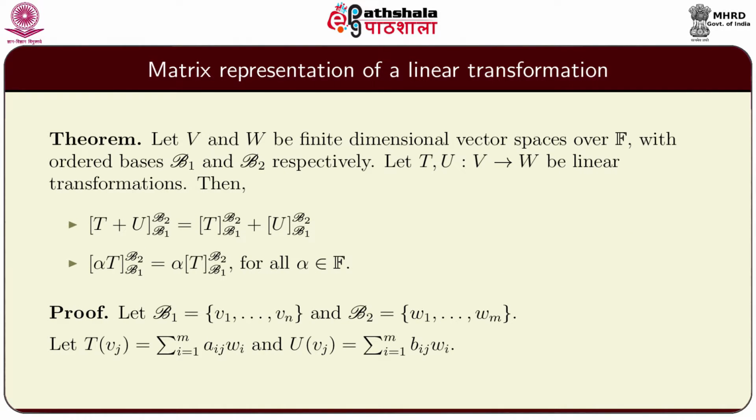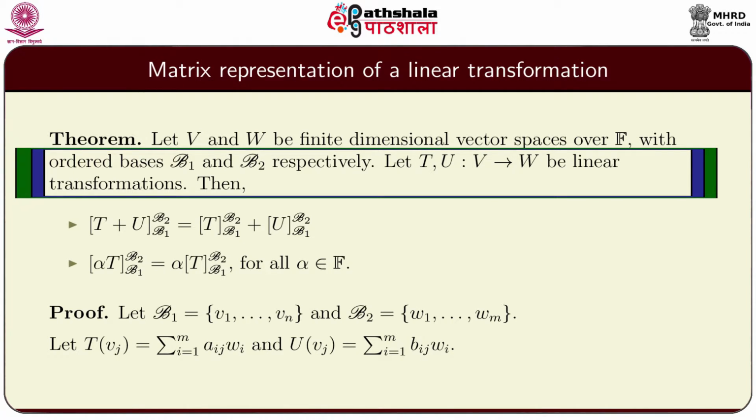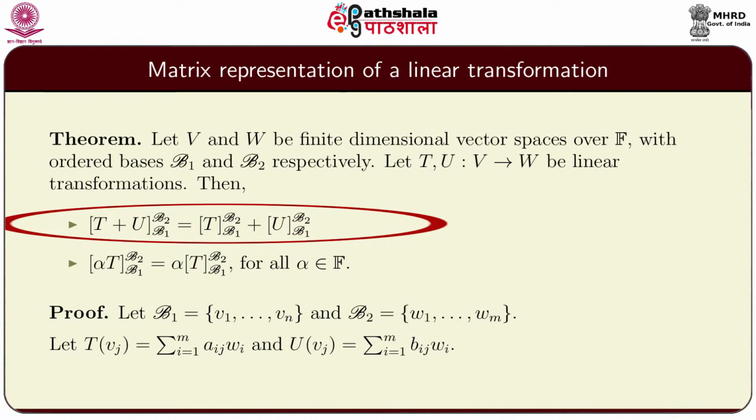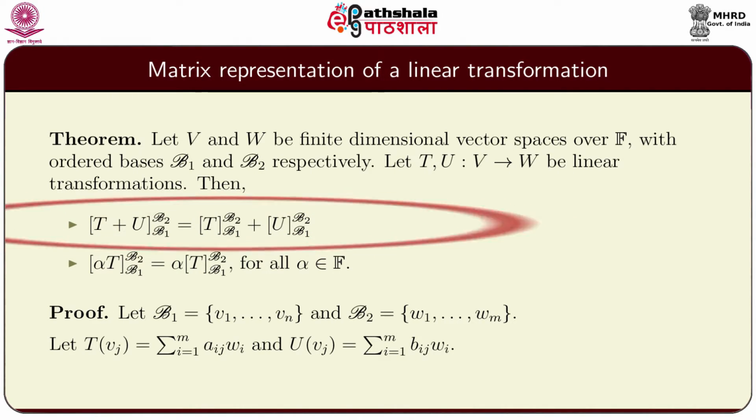Now, this theorem says that if V and W are finite dimensional vector spaces over the field F with ordered bases B1 and B2 respectively, and if T and U are linear transformations from V to W, then we have already seen that T plus U and alpha T are also linear transformations from V to W,